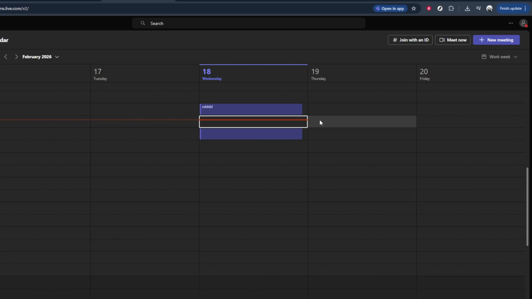After you've selected your preferred option, don't forget to save your changes. Look for the Save button in the meeting window and click